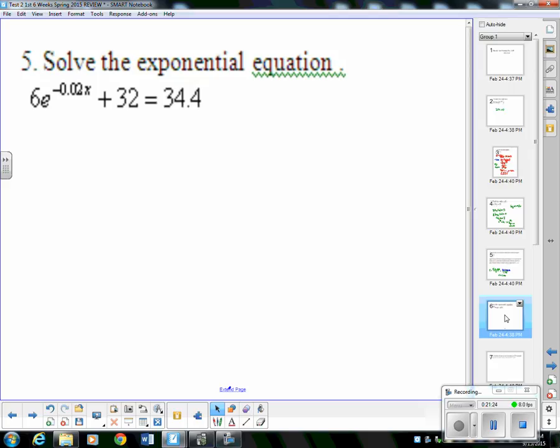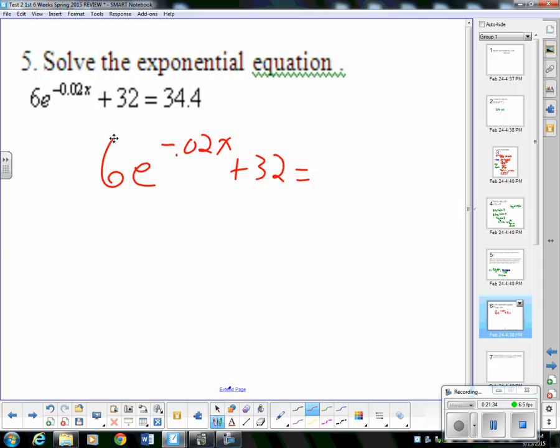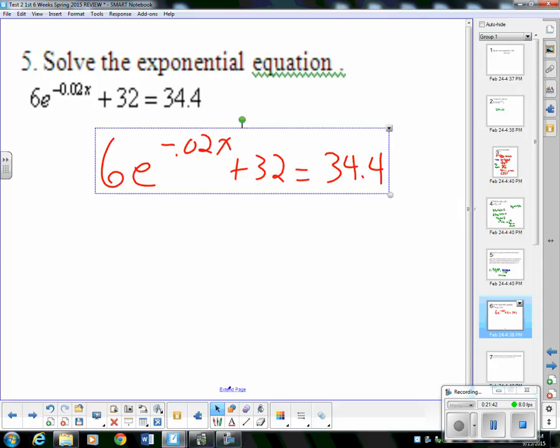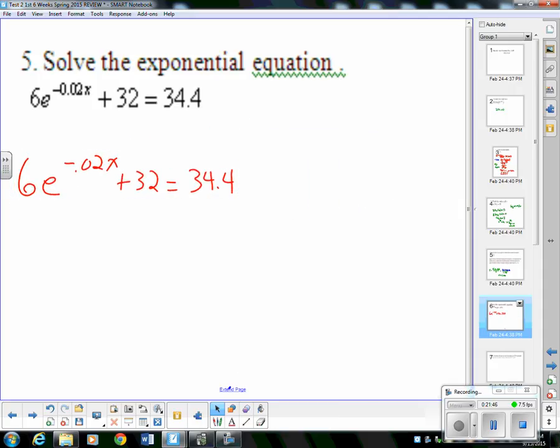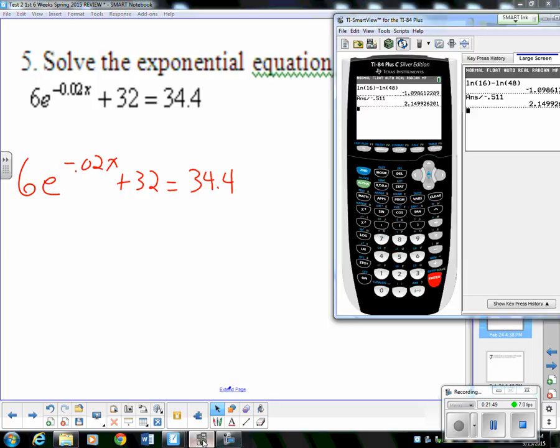So solve the exponential equation. I'm going to write a little bit bigger here. 6e to the negative 0.02x plus 32 is equal to 34.4. We'll put this one in the calculator first. If I do this one in the calculator,